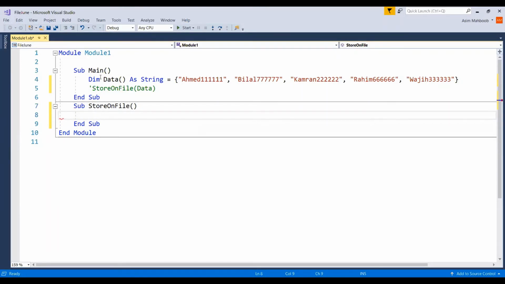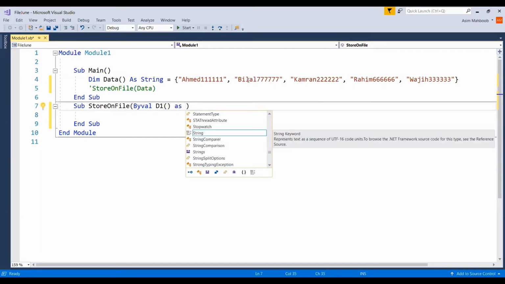So for that we are passing it as a parameter. सो जब हम पास करेंगे तो इस स्टोर ऑन फाइल को इसको टेम्परली कैच करना है. तो उसके लिए बाय वैल्यू हम एक एरे बनाएंगे. यहाँ पर मैं इसका नाम D1 रख रहा हूँ ताकि आपको फर्क पता चले. और डायनेमिक एरे क्रिएट हुई है, यानी कि जब ये पास होगा तो ये एरे ऑटोमेटिकली कैलकुलेट कर लेगी कितने एलिमेंट्स की एरे यहाँ बननी है